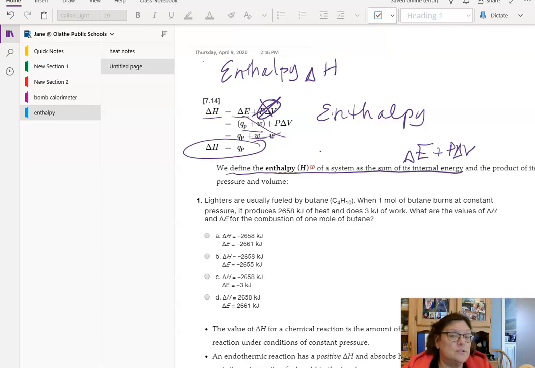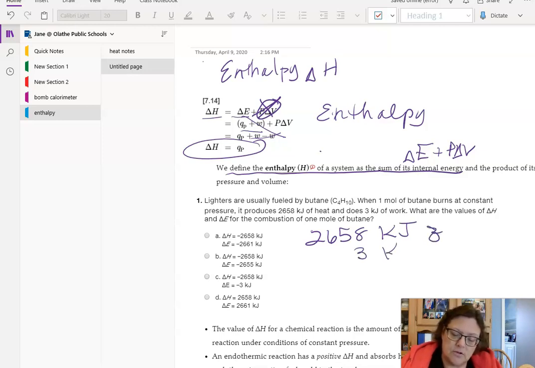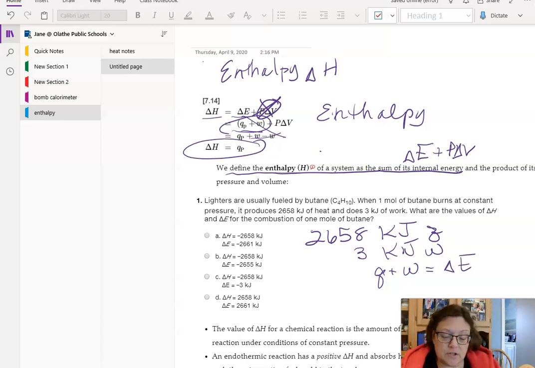So this first question is just kind of silly, because it's telling you that 1 mole of butane is going to produce 2658 kilojoules of heat. Heat is Q. And it's going to do 3 kilojoules of work. We know up here Q plus work is equal to the change in energy. And that's what the question is asking. So if this is Q and this is work, if we add them together,